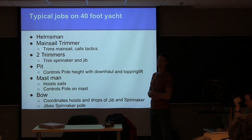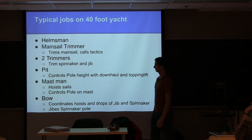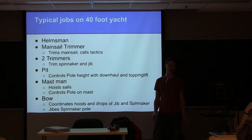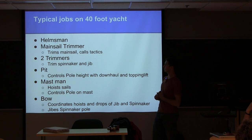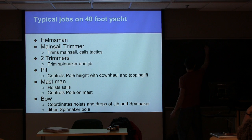So on a typical 40-foot boat, there's a couple of jobs. First one is helmsman. Obviously they drive, and their main responsibility is to make the boat go fast. That's what they focus on. Next you have the mainsail trimmer, and in case, quick refresher,